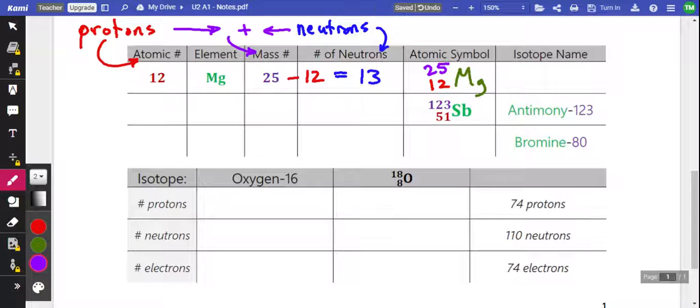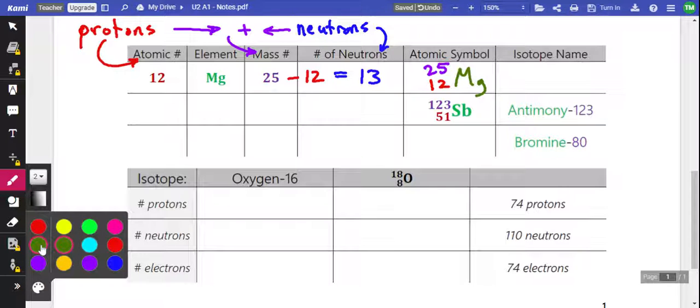Now this is kind of clunky, and you can't really say this in words, like, oh, magnesium 25 in the top left, 12 in the bottom left. So atomic symbols are great for writing out, but not so much for speaking. So if you want to be able to say the name of an isotope, we do it a little bit differently. We have just the name of the element written out,